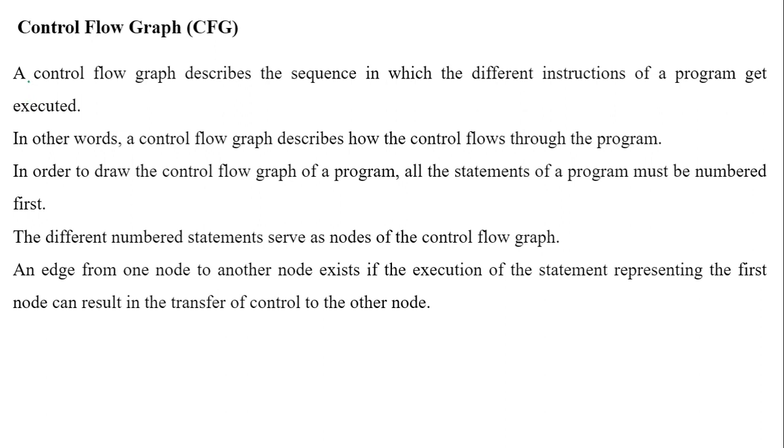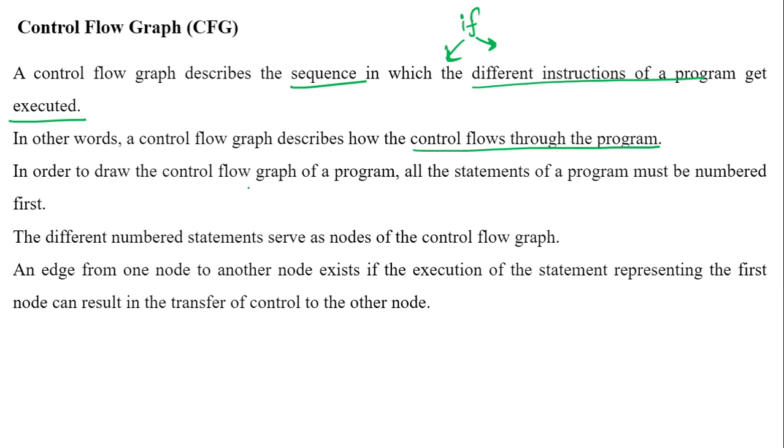ठीक है. So a control flow graph describes the sequence in which different instructions of a program get executed. I told you कि अगर suppose if वाला statement है तो दो cases आ जाएंगे. So this is how the control is flowing. From this if we can go either to this part or this part. In other words, control flow describes how the control flows through the program. मतलब कि अगर मैं इस statement पे हूँ तो उसके बाद I can go either to here and I can go here या I can go like this also. Okay, so control flow graph basically defines how your control is flowing throughout the program.